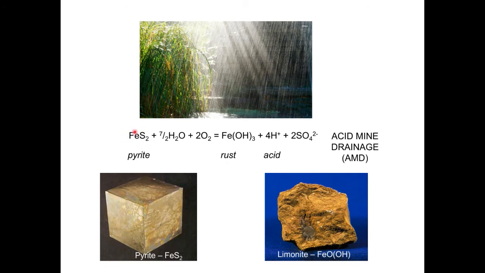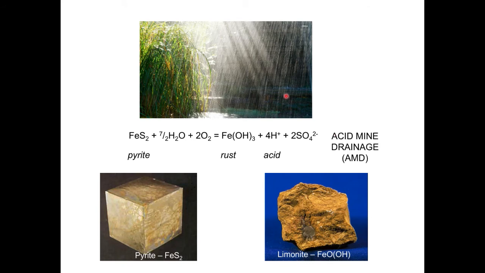is when pyrite reacts with rainwater, and that rainwater is slightly acidic and also contains some dissolved oxygen, the oxygen in the water chemically reacts with pyrite and weathers it to produce an entirely new mineral that we refer to as limonite, which is shown down here on the lower right photograph. And that limonite, when it's produced, also releases hydrogen ions, which make the water acidic. That reaction also produces sulfate ions, which makes the water acidic. And this is what leads to what we commonly refer to as acid mine drainage, something I'll come back to